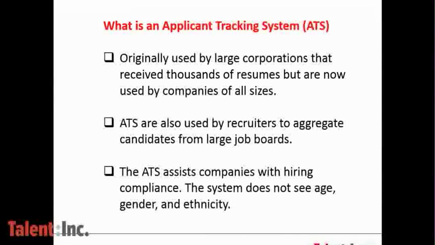That's why, from what we read online and from what we research, an applicant tracking system is in use by virtually every Fortune 500 company. But because the cost is coming down, they're really in use in the vast majority of companies, outside of, say,